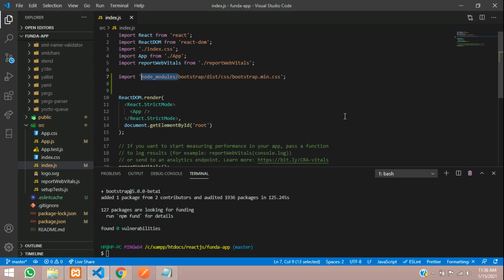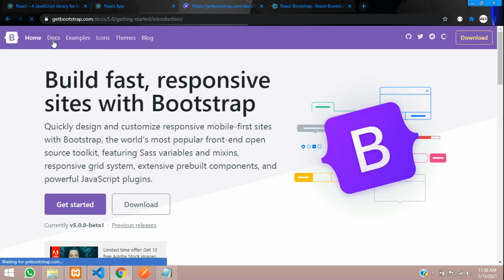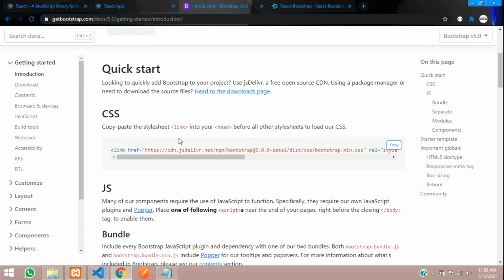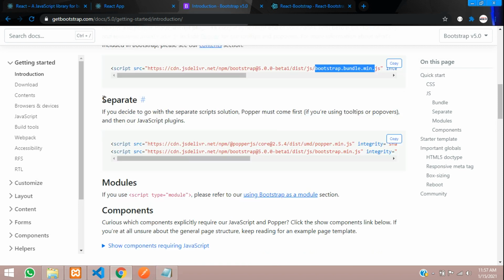And this node module we do not require, so you can just remove it and save the file. And now guys, we have to include the bootstrap bundle JS file. As I will just show you in the documentation of Get Bootstrap, when we get started, you can see that one is the CSS file that we have included now, and then one more is the JS file. So in this bundle.min.js file, the Bootstrap and the Popper are already included and made into a bundle. Okay, so if you want the separate thing, you can go with the Popper and Bootstrap